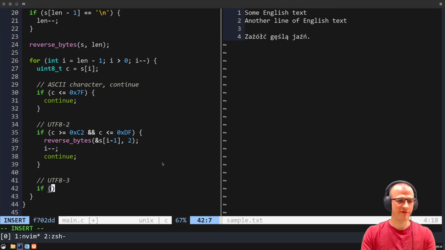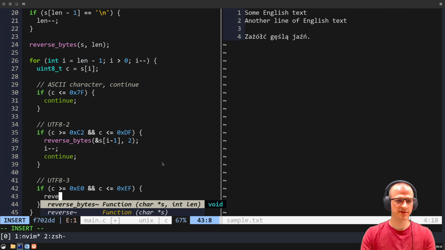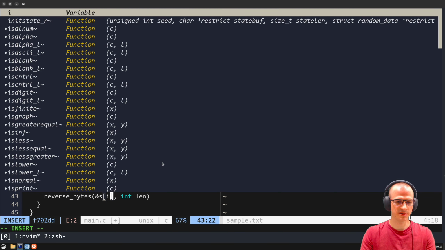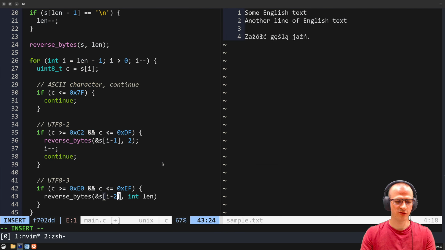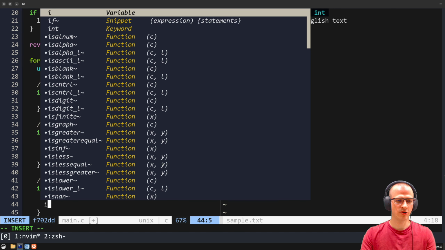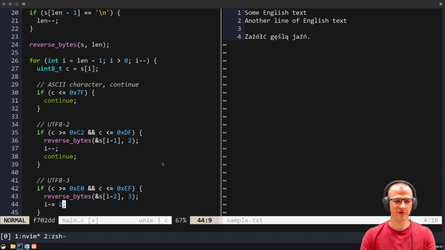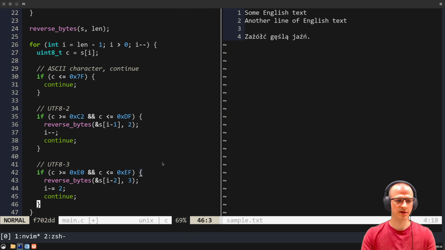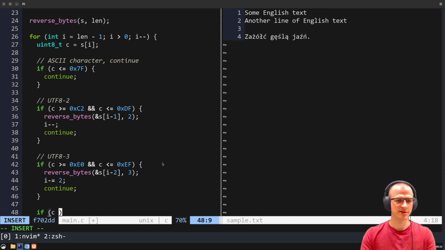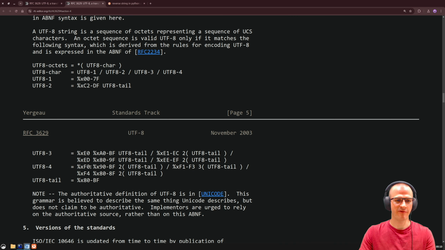So we can say if c is greater than or equal to 0xE0 and it is less than or equal to 0xEF, then we reverse bytes starting from the index of s 2 bytes to the left, which is the pointer to s at index i-2, and then the length is going to be 3, and then we decrement i by 2, so we do not step over the characters we have already reversed, and then we continue, because we do not need to go to the next branch. And then if c is greater than or equal to 0xF0 up to 0xF4,